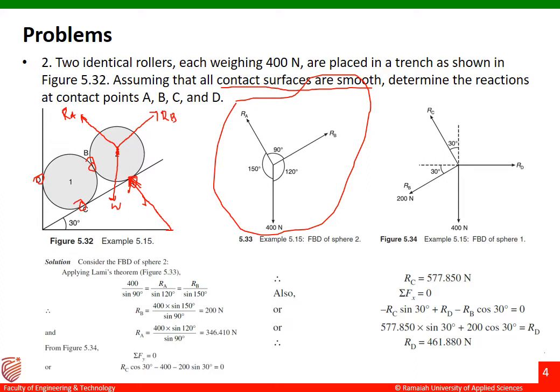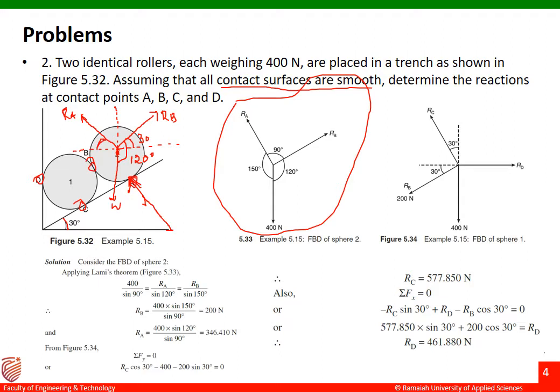Next, the reaction coming from ball 1 or sphere 1 is taken as RB. Same thing is written over here. The next thing is we have to identify the angle made by the forces. Suppose this is 30 degrees, this will also be 30 degrees. The total angle made between these two will become 120 degrees. Fine. After that, I'll draw a line to the left side and to the vertical side. Now we have to find the angle between RA and RB, and between RA and W. So we have to find out what this angle is.